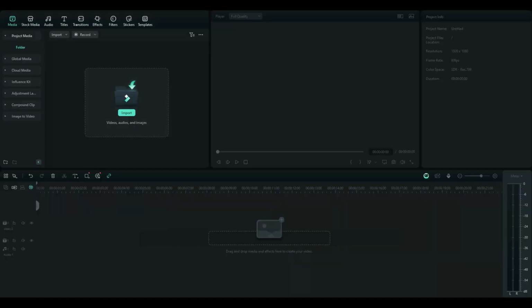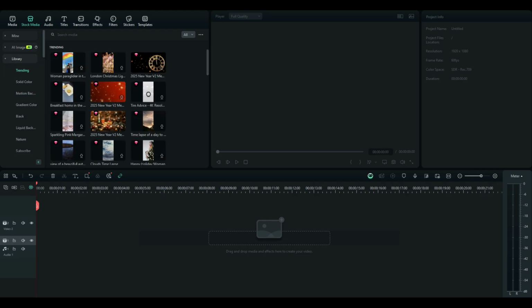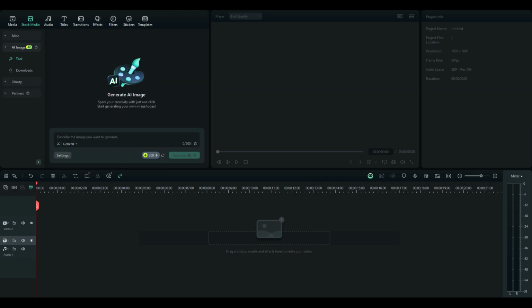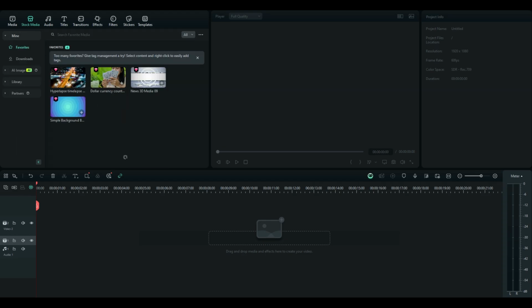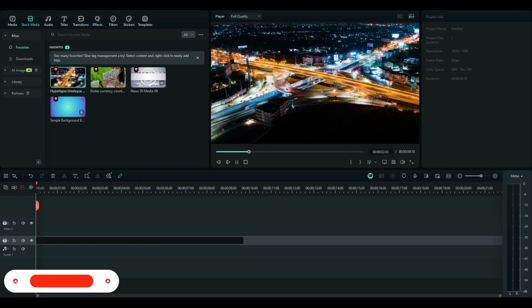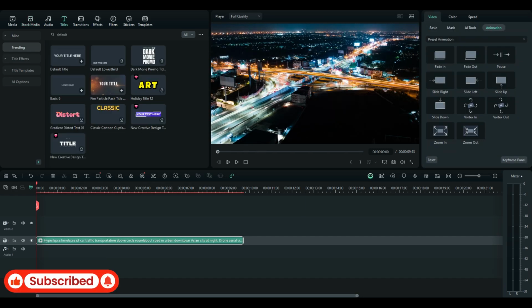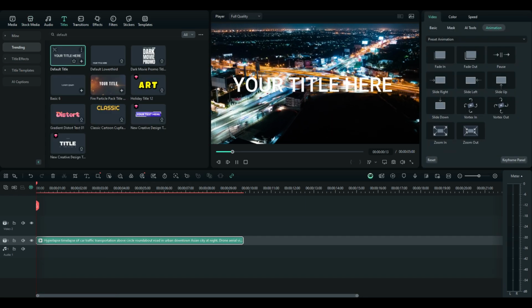So first open the Filmora and after that click on stock media, and then you can just drag any video which you want. For this example, I'm just going to get this one and I'll just click on that and I'll drag this in the screen, and then I'll click on titles and I'll get the default title and I'll